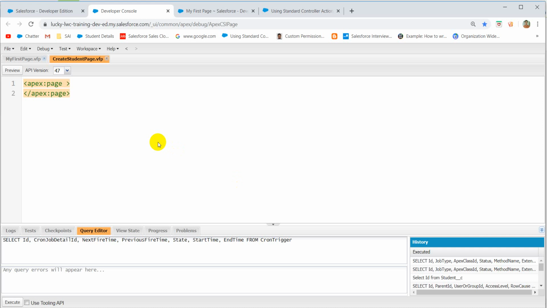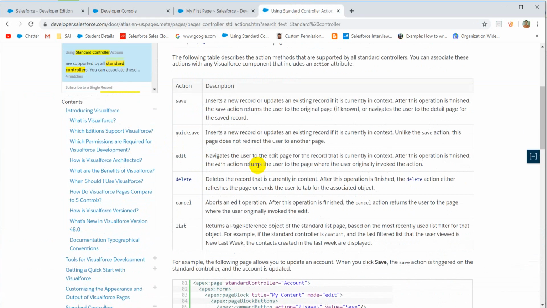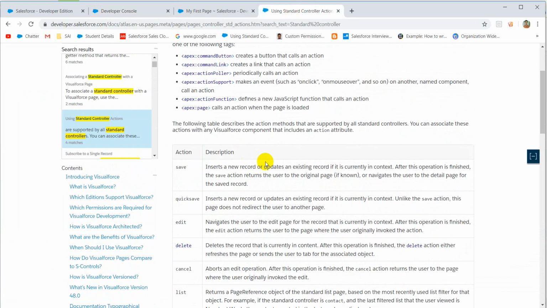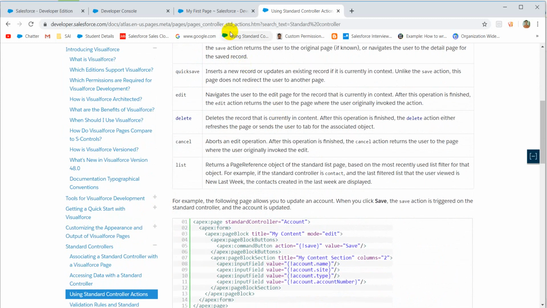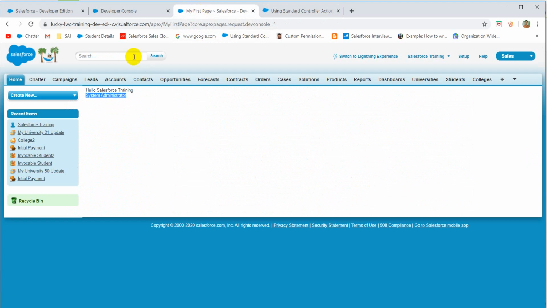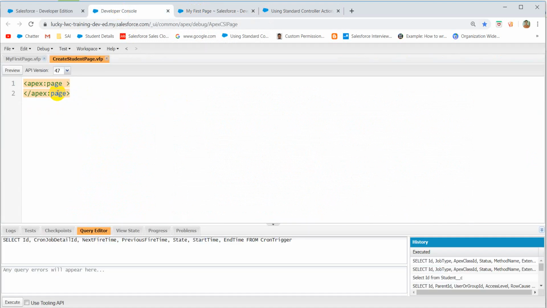You want to use the standard controller. Why I'm showing this here is that you have to learn the different concepts from the Visualforce developer guide. As we have the Apex developer guide, in the same way there is a Visualforce developer guide. You should learn from this one, and you can learn more from it. When you want to use this, first you have to mention